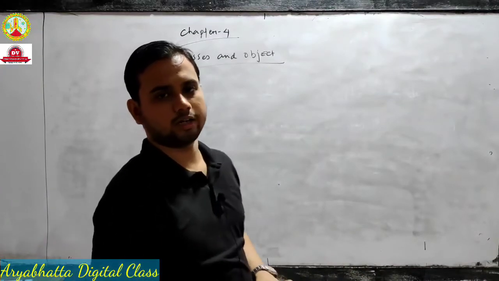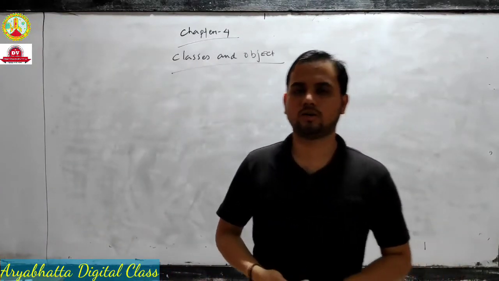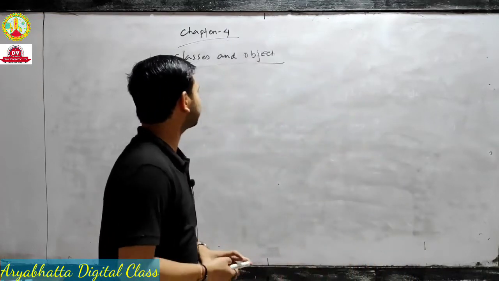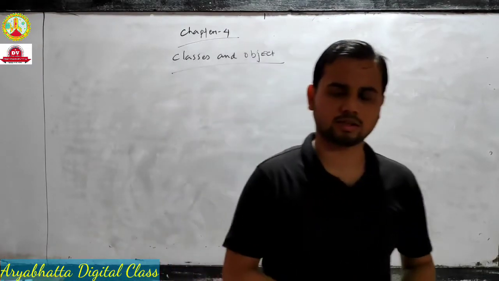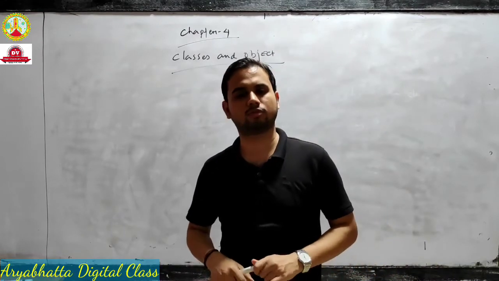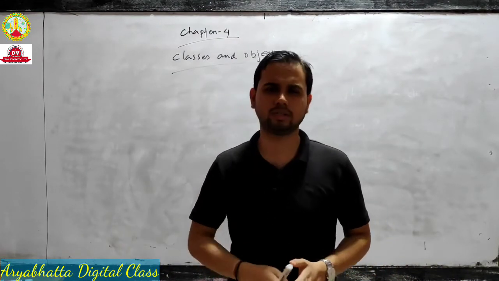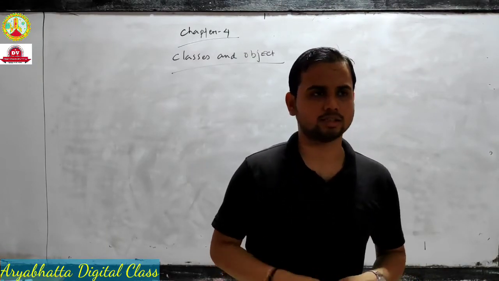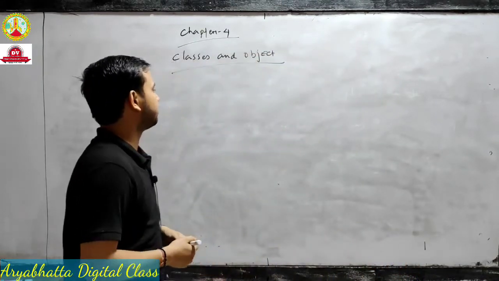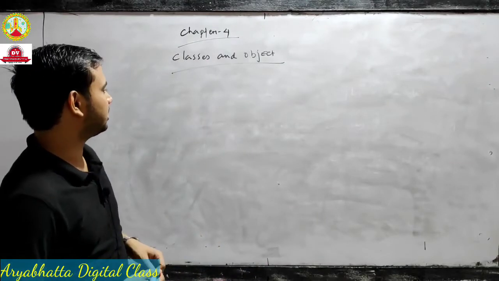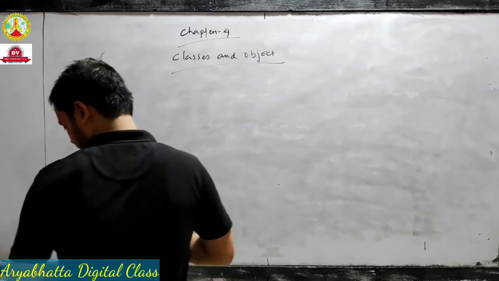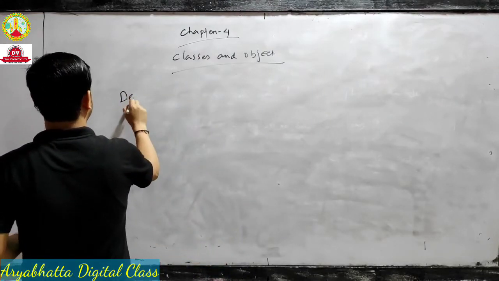In an earlier class, I already discussed what a class is. At the start of this chapter 4, class as an object, I again tell you a class is a group of things, meaning a group of objects. You can also say a class is an instantiation of an object, and a class has two main things: one is data members and the other is member functions. See, this is very important for the exam.